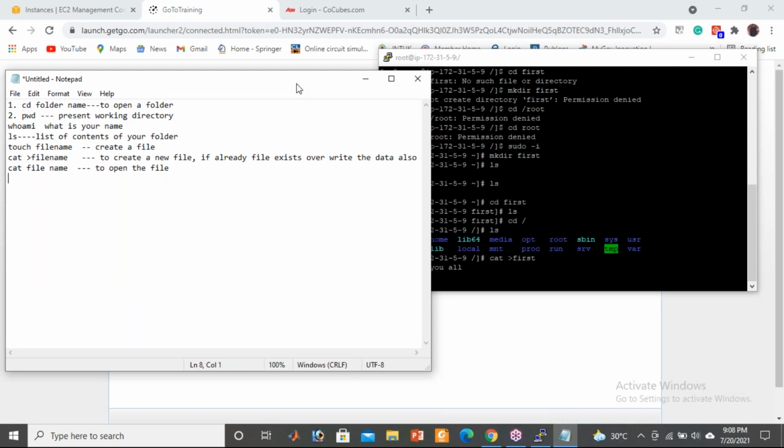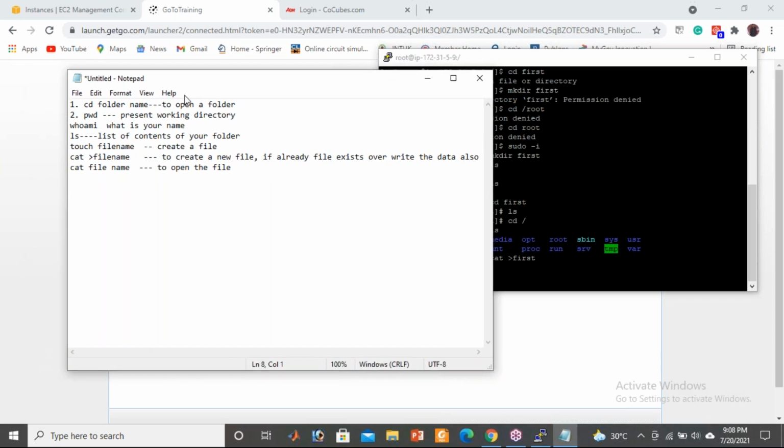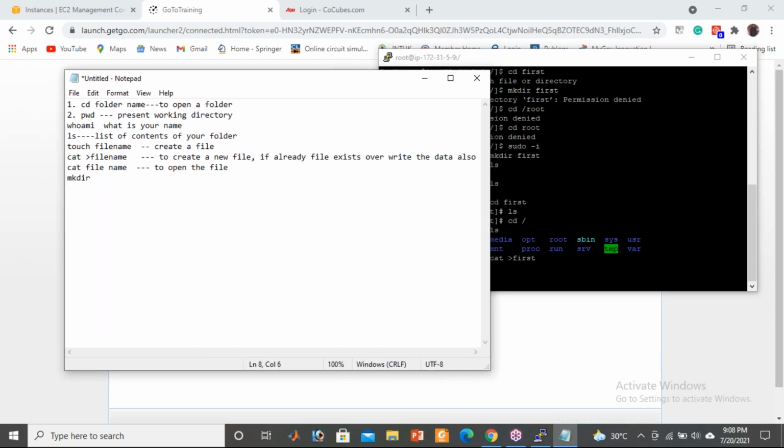These are the things we have seen. mkdir we haven't written. mkdir space folder name to create a folder. Yeah. So these are the things we have seen till now, right? Go ahead now.